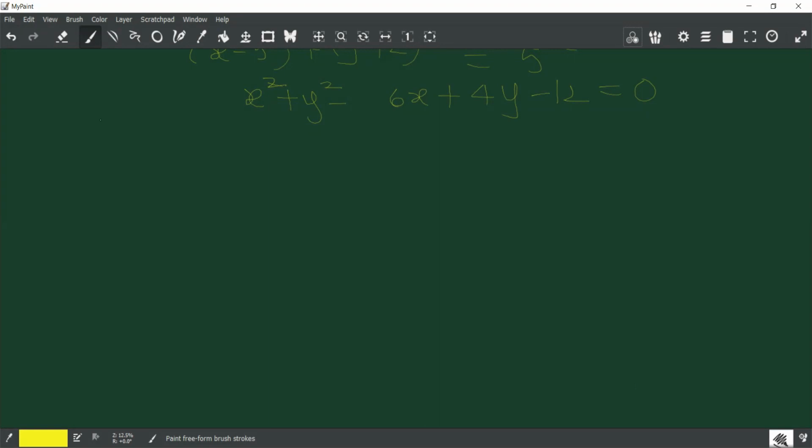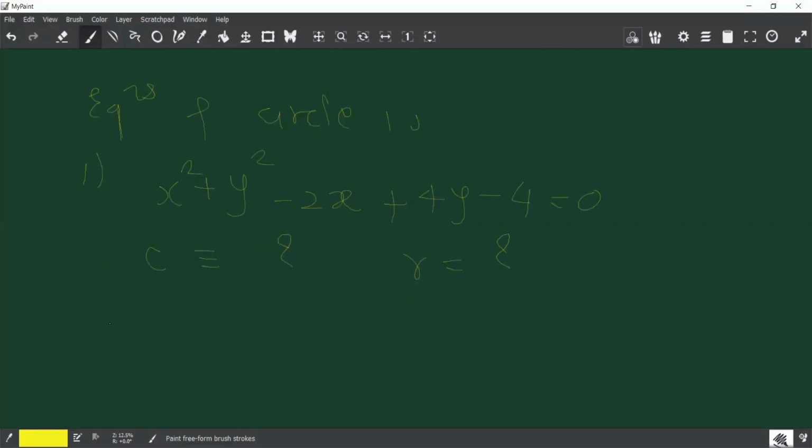They'll give you equations of the circles in standard, in general form. Is first में x square plus y square minus 2x plus 4y minus 4 is equal to 0. You have to find the center and the radius. Center and radius निकालना. How do you do it? Comparing it with...